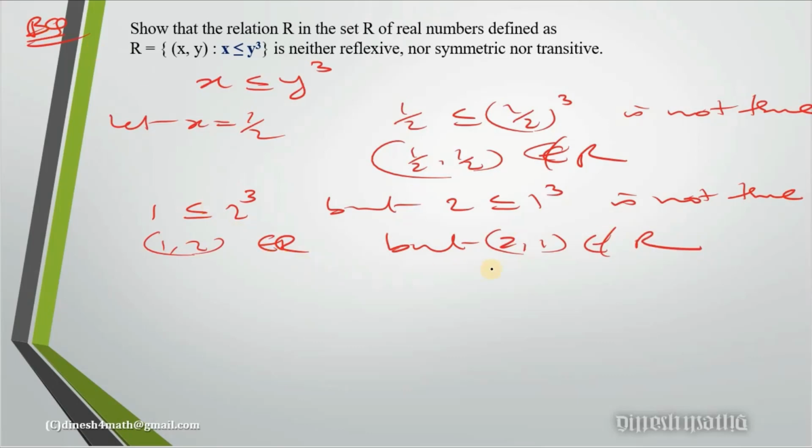See, if you notice here, I always take similar numbers to make it easier. Now you remember the previous example, whatever I have taken: 5 less than or equal to 3 square, and then 3 less than or equal to 2 square, and 5 less than or equal to 2 square did not hold. So I'm starting with the same example. Instead of square, as the question is 3, I'm writing cube. So 5 less than or equal to 3 cube, 3 less than or equal to 2 cube. So I will get 5 less than or equal to 2 cube. But this is true, right? So my examples are not correct. Now if you observe, I can make this correct by changing one number.